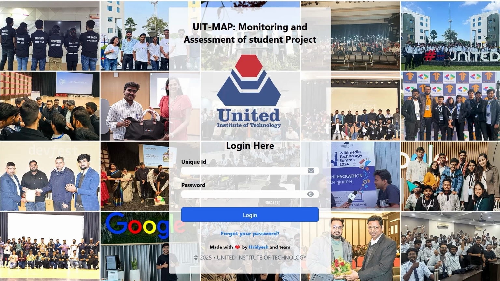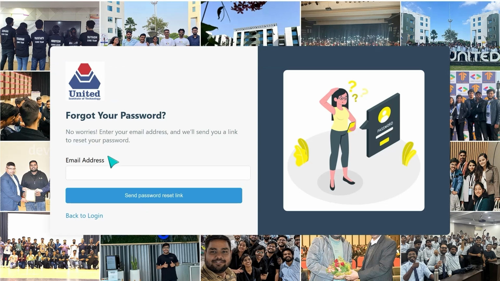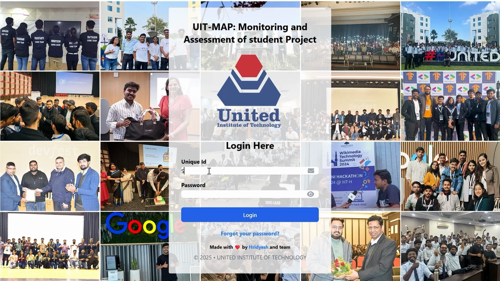So let's start by logging into your account first. Enter your unique ID and password in these fields. And if you have forgotten your password, click on this forgot your password button. After that, enter your email address there, and lastly, visit the URL sent to your email to reset your password. And now coming back to the point, after entering your credentials, you have to hit this login button to proceed